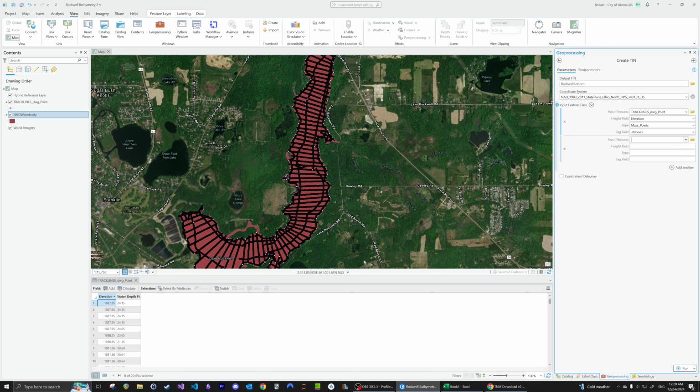And here I'm going to click add another feature class. And I'm going to use the water body. And it says use filtered records 1 because it only uses Lake Rockwell here. And the height field doesn't matter. I'm going to select none. And for type, I'm going to select hard clip because I'm just going to use it to clip the network that it makes. So I'm going to run that